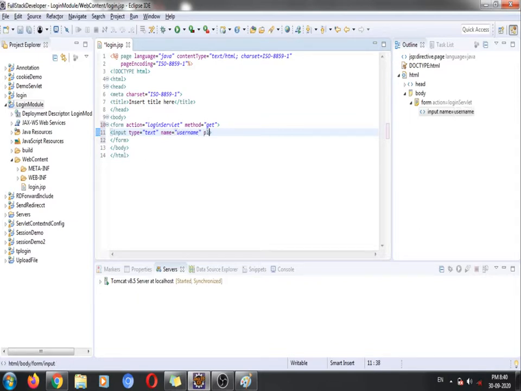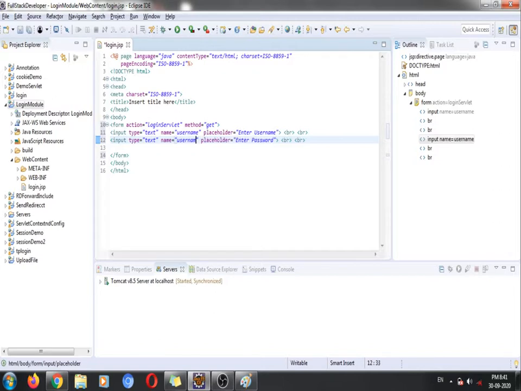Fine. And now here we are going to place the placeholder. This placeholder will write a message like "enter username", and then we are going to write some break tags so that the new text box goes to a new line. I'll simply copy and paste this code, and now here we'll write enter password.